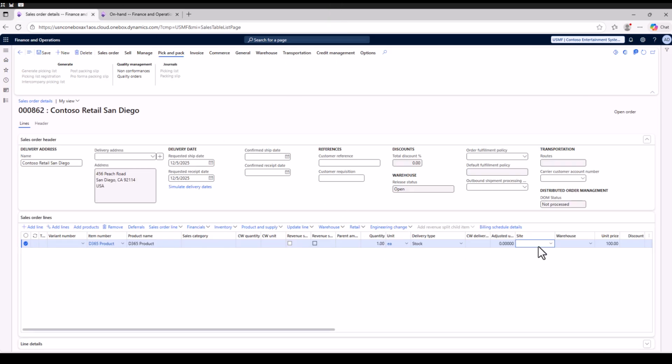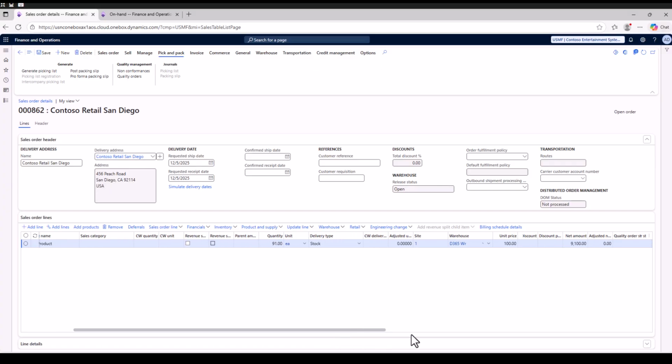Okay, now if you see inside site one and this warehouse, D365 warehouse, we have 1000 quantities available. So I will select the same site and warehouse. So I will go with one. Here inside my warehouse, I will go with this D365 warehouse. Okay, so now I'm going to provide this item to my customer from the site and warehouse, but I also need to tell how many quantities. So let's say the customer orders about 91 from us, so I will simply select 91,